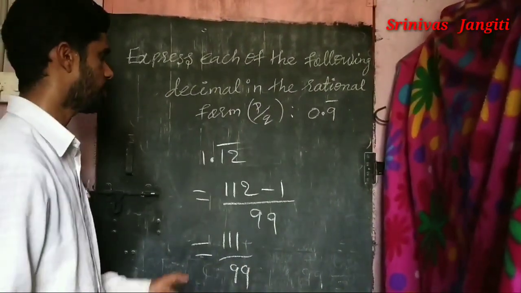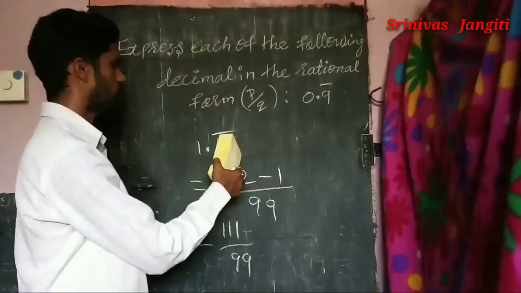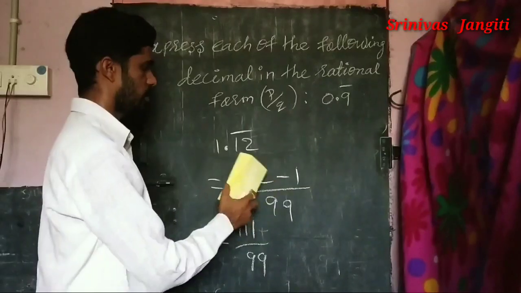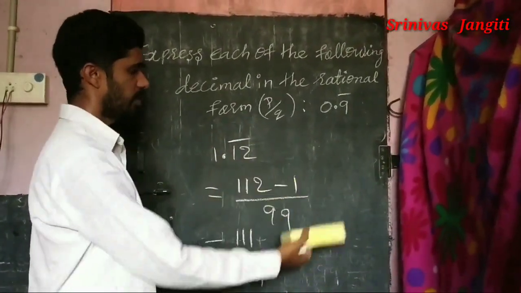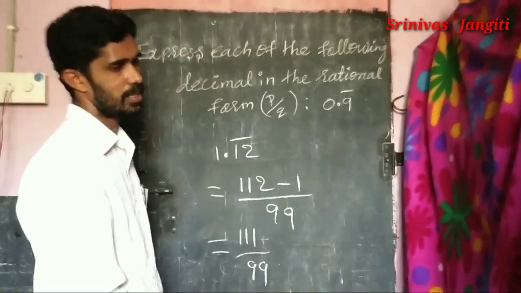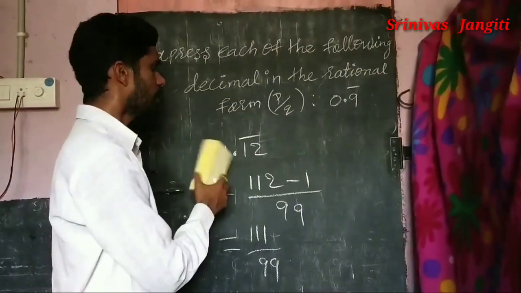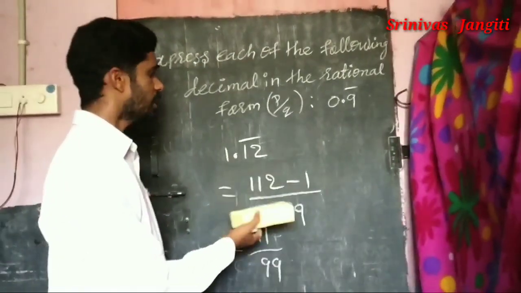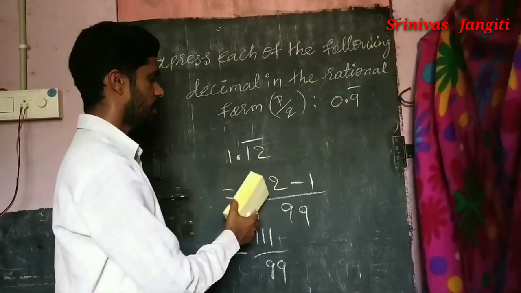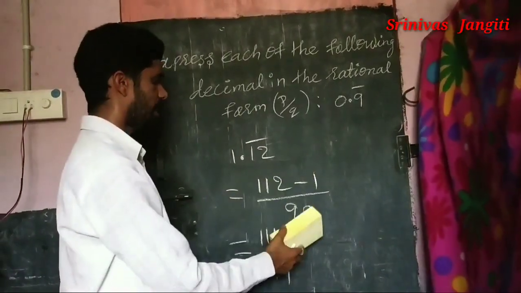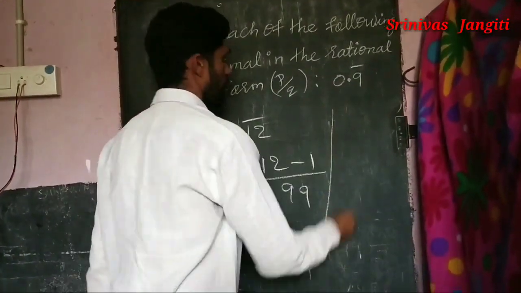Simple problem, but many members get confused here. Nothing here. First write this total number, right. What is the total number? 1, 1, 2. 112 is written. After the point, before the bar, what digits are available? No, that is subtracted. Before, we have 0. That's why we do not subtract, because subtracting 0 gives the same result. Here 1 is given. That's why we subtract 1. Then 1.12 bar is 112 minus 1 by 99. And what did you get? Now you understood the previous problem.